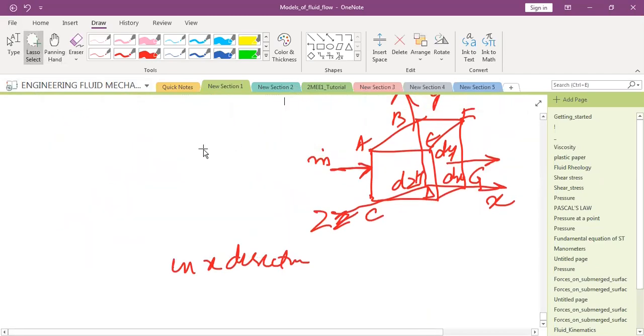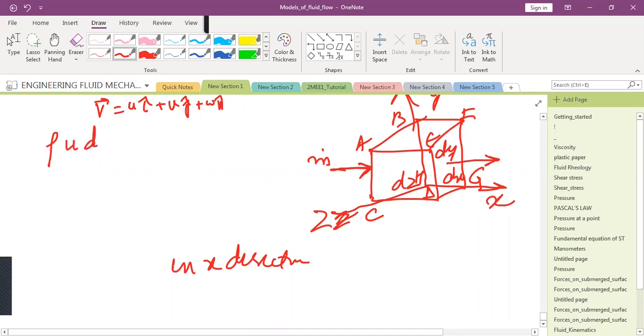Sir, rho into dA into V, मतलब रो A इंटू velocity. मान लो velocity component x की u है, तो मान लो इसकी टोटल वेलोसिटी है ui प्लस vj प्लस wk, तो x के लिए, रो इंटू u इंटू एरिया, जो है dy इंटू dz, ये इसमें एंटर कर रहा है इस रेट से।